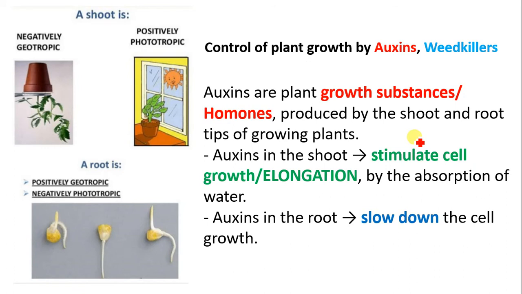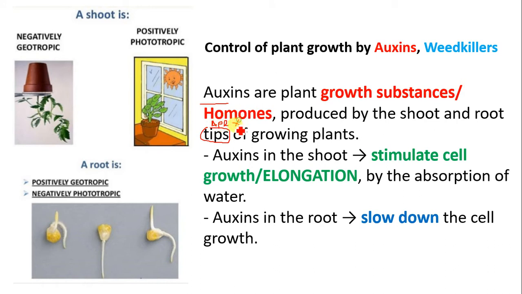Now, let's look at this: control of plant growth by auxins and weed killers. So auxins are plant growth substances or hormones. So auxin is a plant growth hormone produced by the shoots and root tips, or apex of the shoot and root. It's called tips or apex,